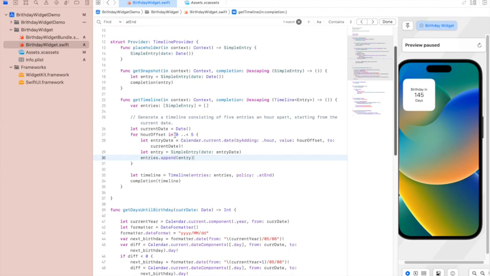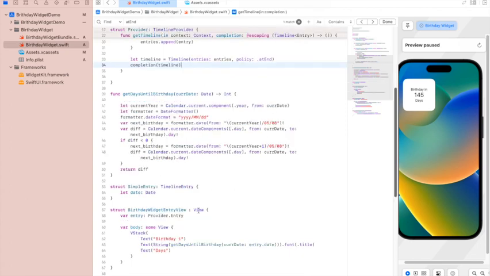In this case, there's a loop here creating 5 entries, which is basically an entry that's separated by every hour. And so this entry is going to be every hour, 5 times, and that's the timeline that it'll run. And if you look at this line, the timeline is specified with the policy .atEnd. So in this case, after these 5 time entries are used, it'll just refresh and create a new 5 entries